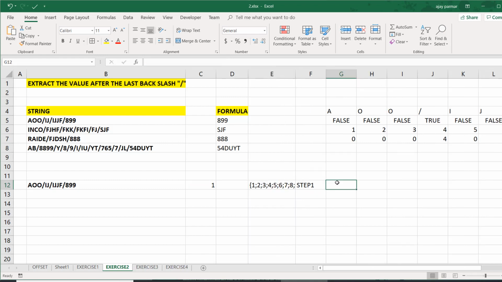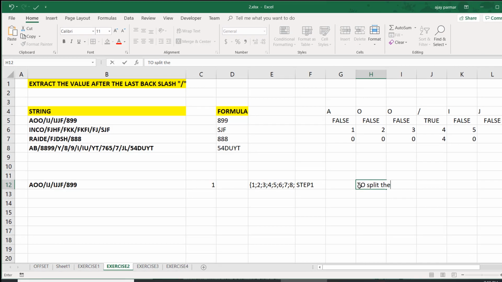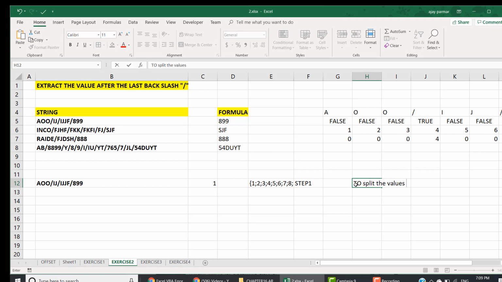Now in step number 1, what we basically did is to split the values. We created an array having values like 1 2 3 4, and these are going to act as a start number for your mid function. Now in step 1 we have done this.